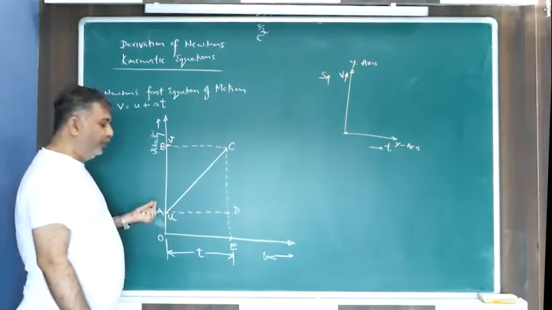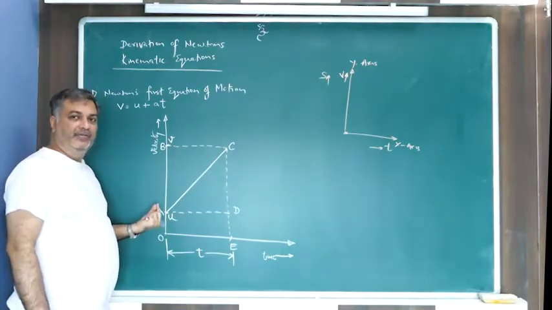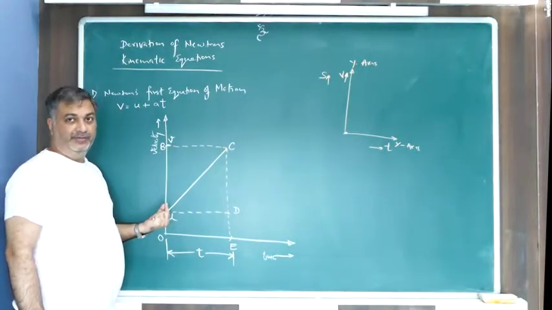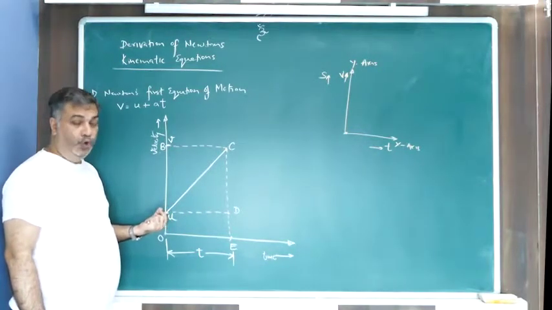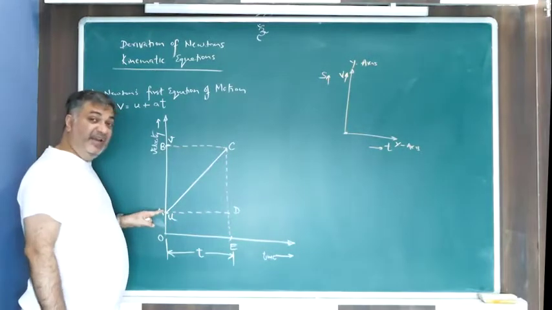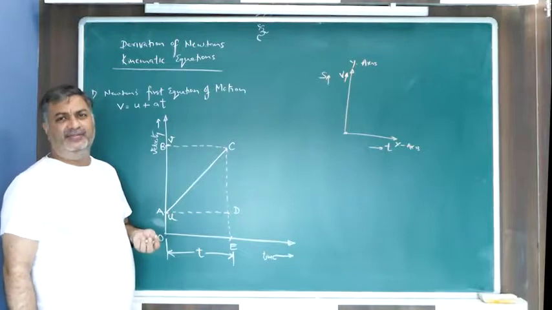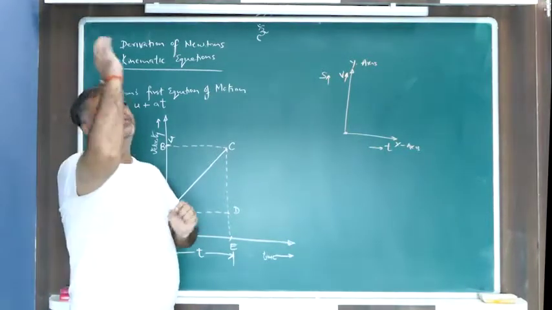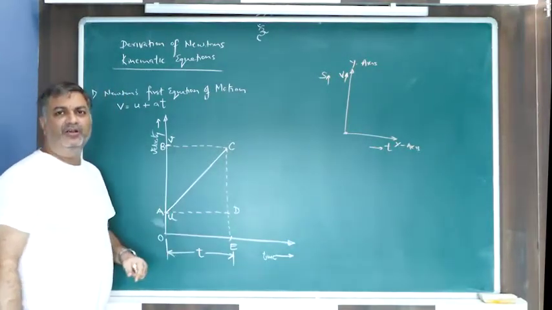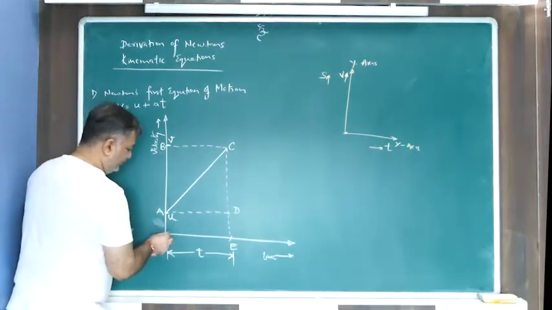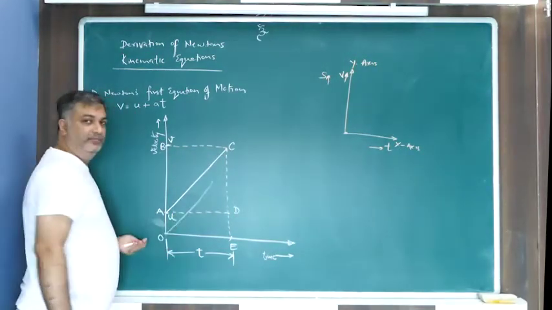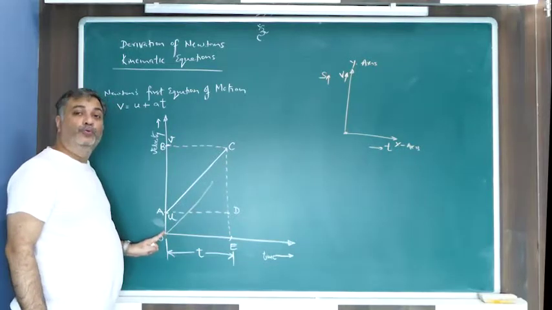Okay? Have you taken a body at rest here? No. You have taken a body which is traveling with an initial velocity u. How do you represent a body at rest? Supposing a body started from rest and then started having velocity, how do you represent it on the graph? The graph is going to be like this. It will start from 0.